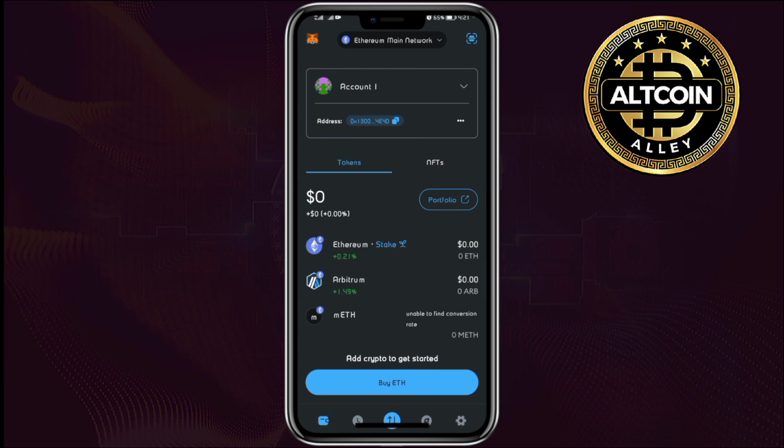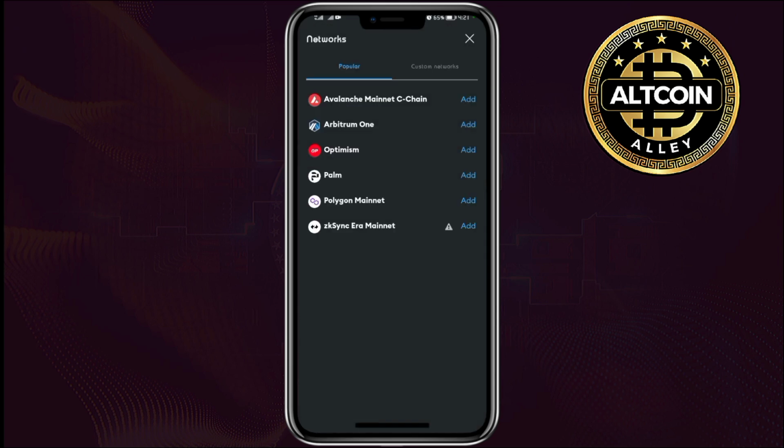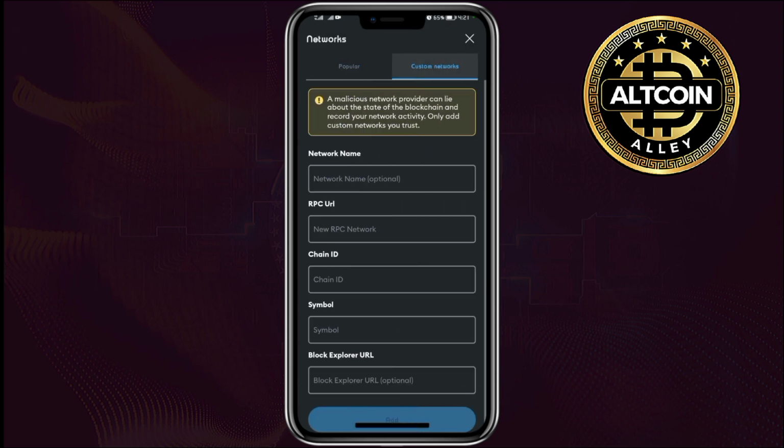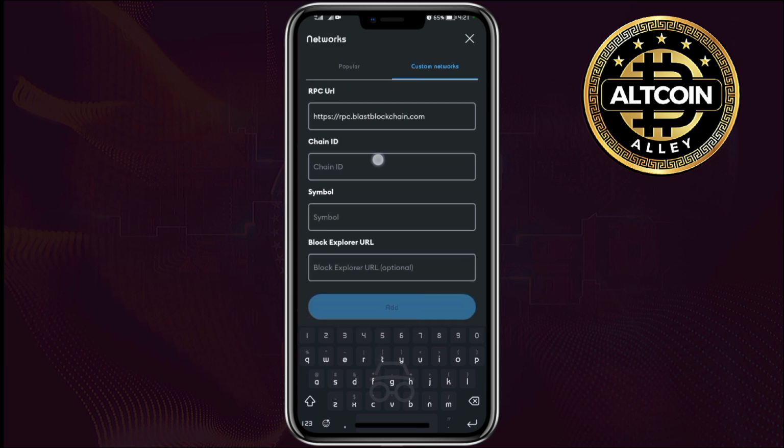Now, once on my MetaMask, click on this drop down arrow, then click on Add Network. So you click on Custom Network, and then you'll be inputting the details of this Blast chain network. So this is RPC address, so I just come and paste it there, and then I'll input the network name. Remember, it was the Blast chain network, and also input other details, the chain ID, and then the symbol, and